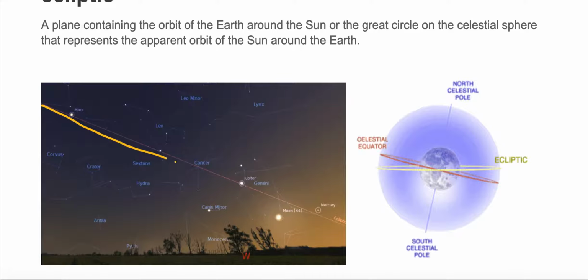So I'm just going to quickly draw it in with this yellow line because it's also the path that the Sun makes or appears to make around the Earth. So I colored it yellow. Now notice we don't have Mars or Jupiter or Mercury exactly on the line. It is slightly above or slightly below, and that is because it is the plane containing just the orbit of the Earth and the Sun.